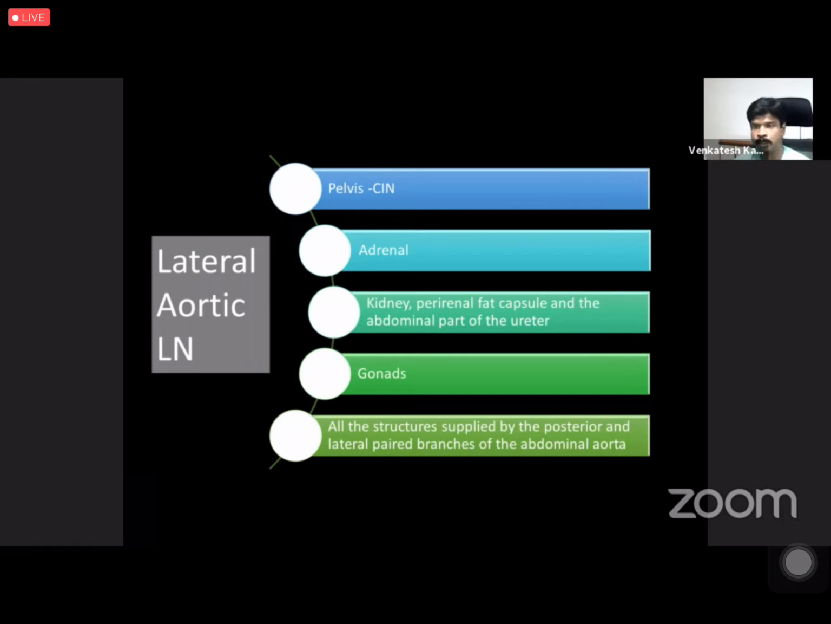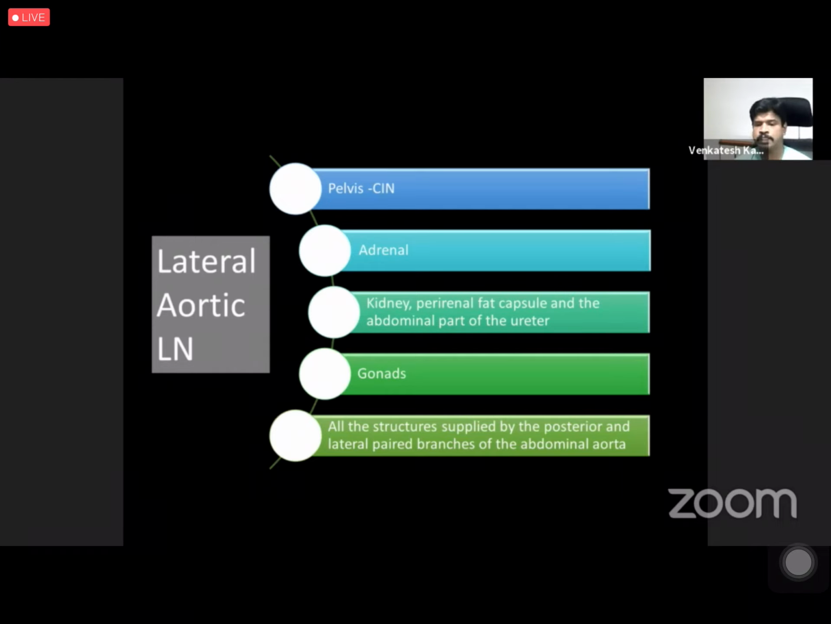Then the other important organs are the adrenal. Then the next one is the kidney, perirenal fat capsule, and the abdominal part of the ureter. So these drain into the lateral aortic group of the lymph nodes. And the next one is the gonads, whether it's the testis or the ovaries, and the ovaries and the adjacent portion of the fallopian tube, it drains into the lateral aortic group of the lymph nodes,